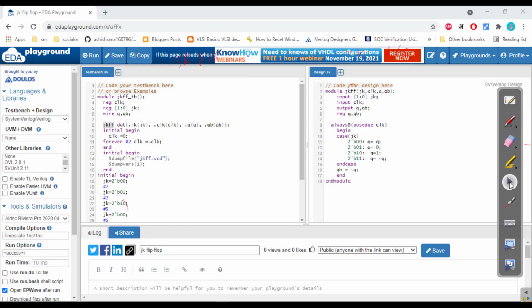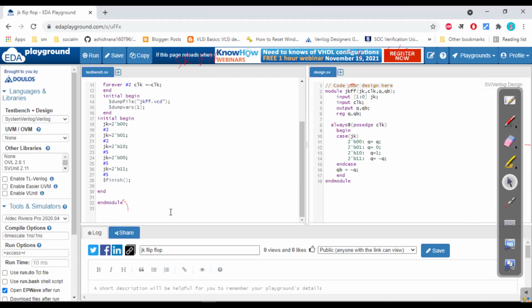Initial begin, JK is 00, and after 2 nanoseconds we change JK to 01, and then after 2 nanoseconds we change to 10. In the same way you can give any number of JK values, 01, 11 and so on, and then $finish, end, and end module. Now we will run it.